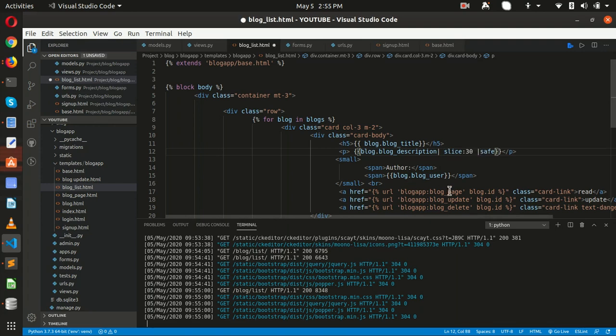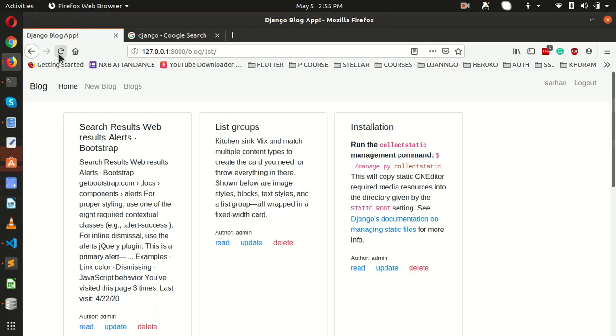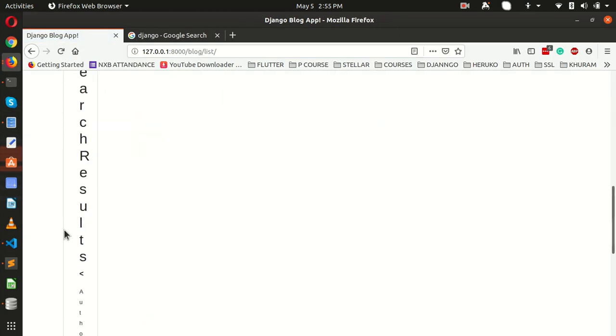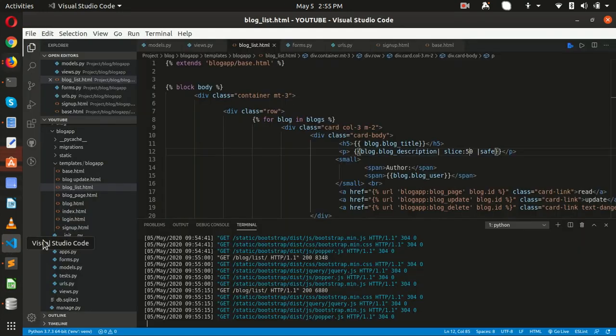And if we put slice 30, put this 50, but here it shows the issue again. Let me save, and let's try this after this.